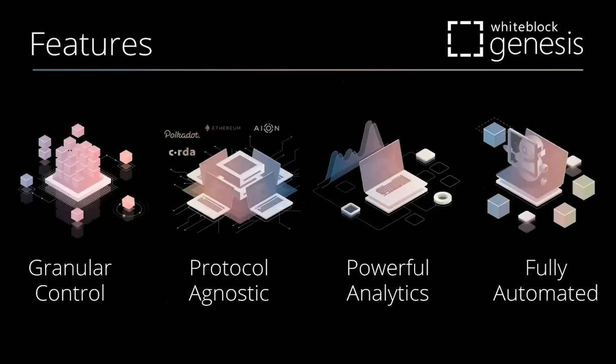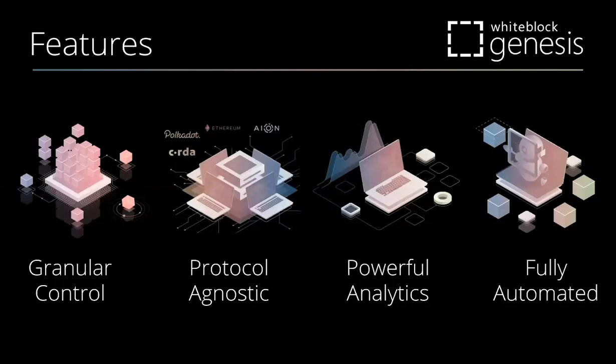The Genesis platform has a comprehensive set of features. We have the ability to offer granular control over every one of the nodes in your network, running each of them in a different VLAN. We can control bandwidth, latency, and network blackouts between all nodes or just one network connection. We're protocol agnostic. We support over 20 different blockchain protocols, including, of course, Ethereum and Ethereum 2.0, allowing you to reuse and leverage the unique functionalities of those chains.